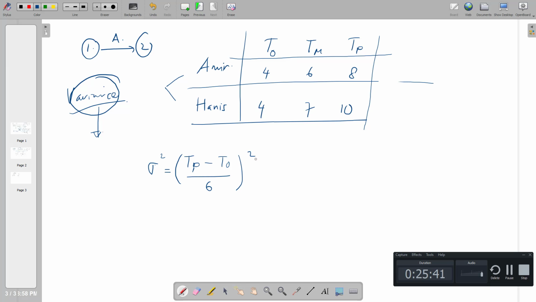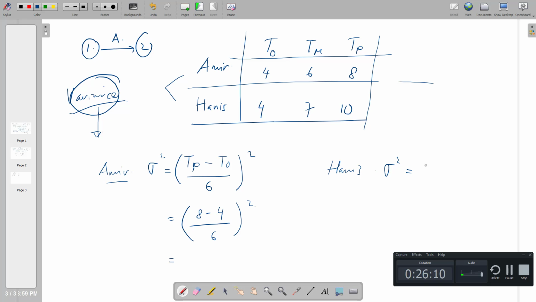6. So for Amir it will be 8 minus 4 per 6. Let's grab this value. Please let me know what is the result of this. This is for Amir. Please let me know the result. And then Hanis will be having the variance of